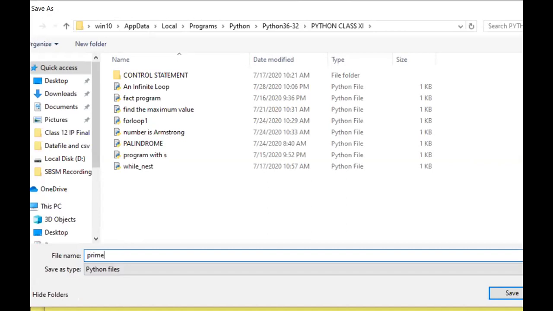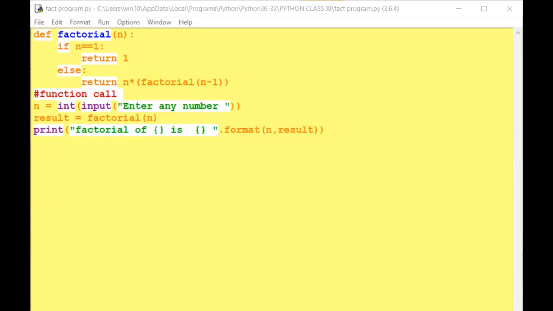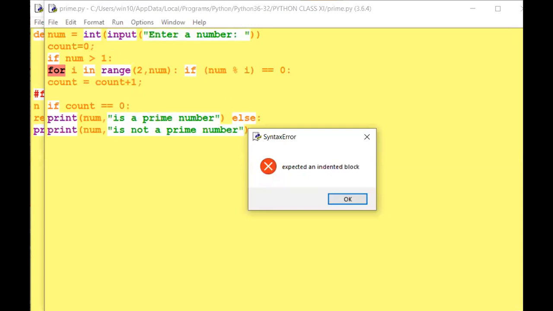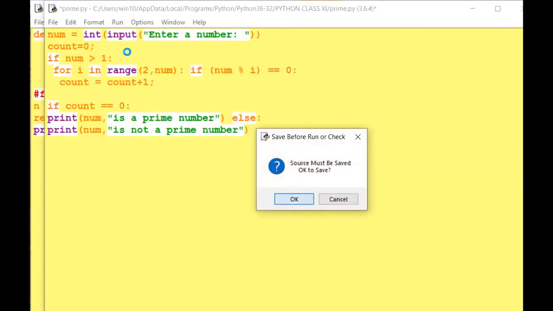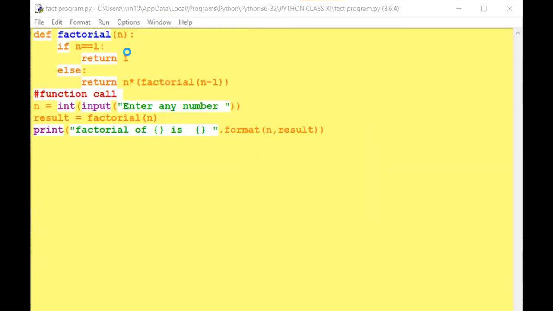I am giving the file name prime.py. This is a Python file. So here you have to take care of the indentation. One space. Now this also. So next line.